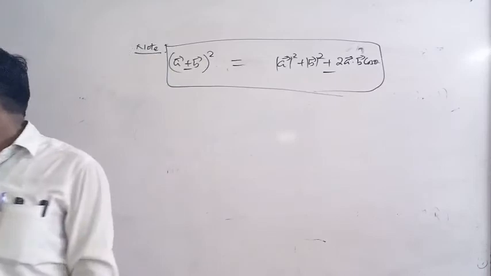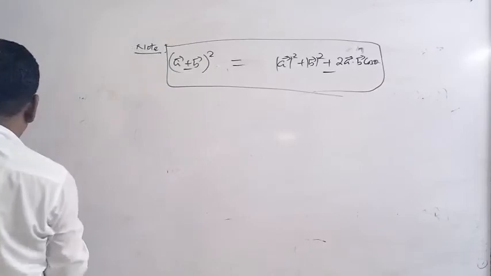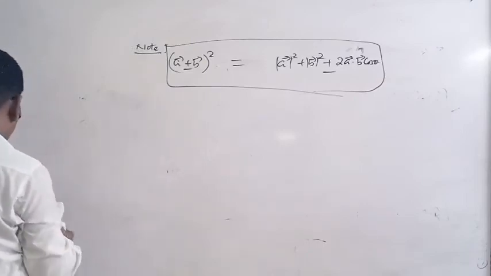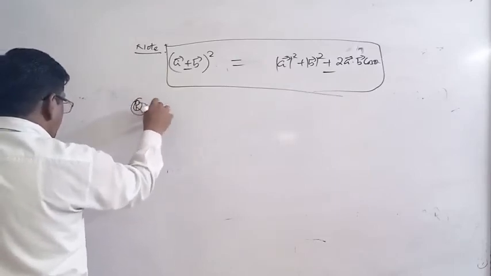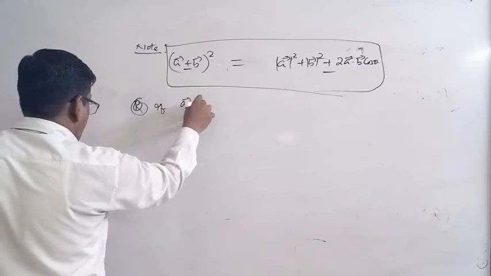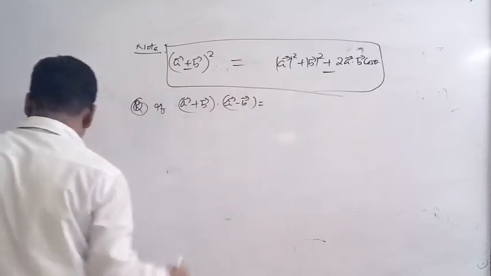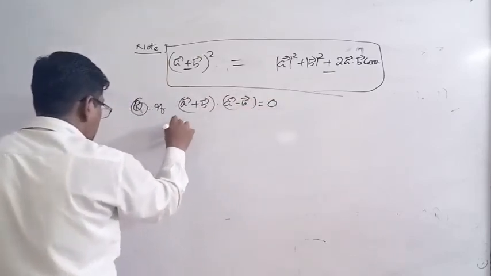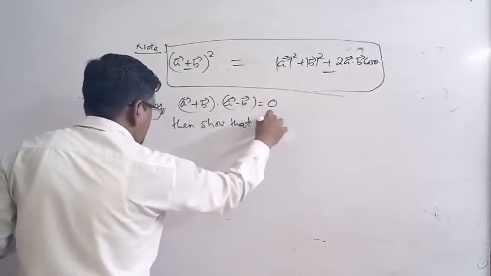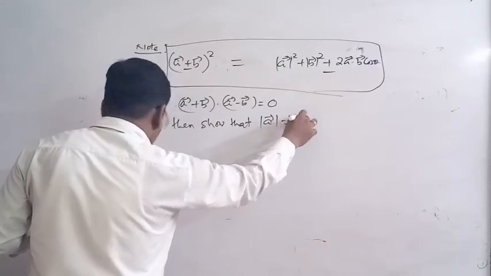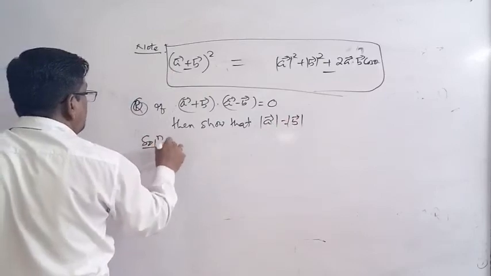So one question is for you: prove that if A plus B dot A minus B is equal to 0, then show that magnitude of A is equal to magnitude of B. This is the question. So, solution: